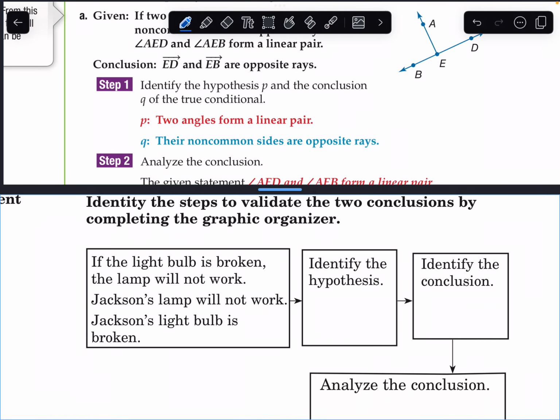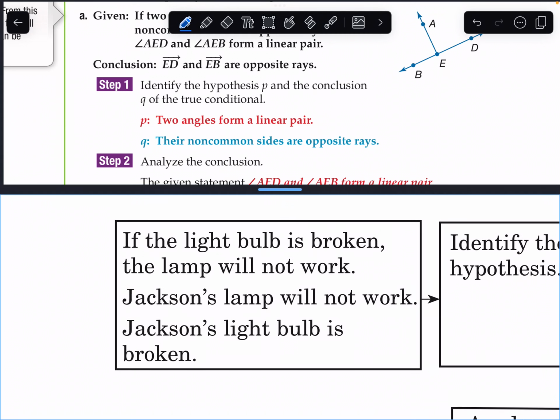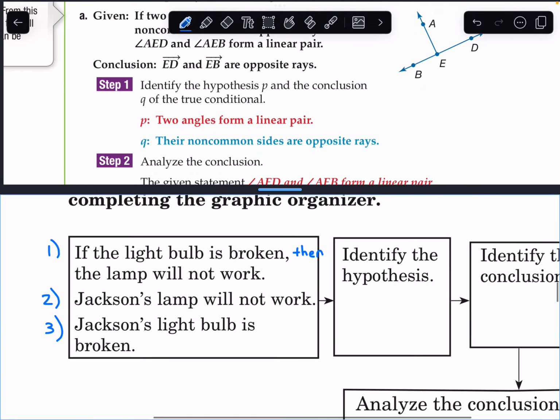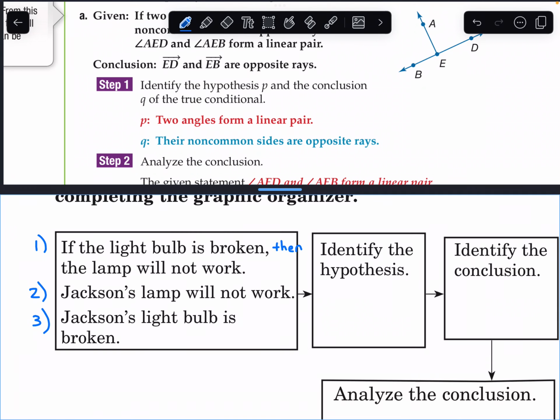I have, let's number these 3 statements. Statement 1, statement 2, and statement 3. Only statement 1 is a conditional that says if the light bulb is broken, the lamp will not work. There is a hidden implied then here. So the hypothesis of that statement,